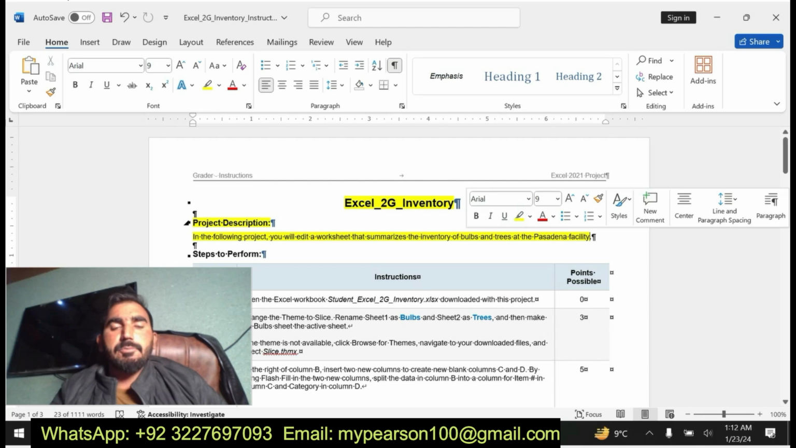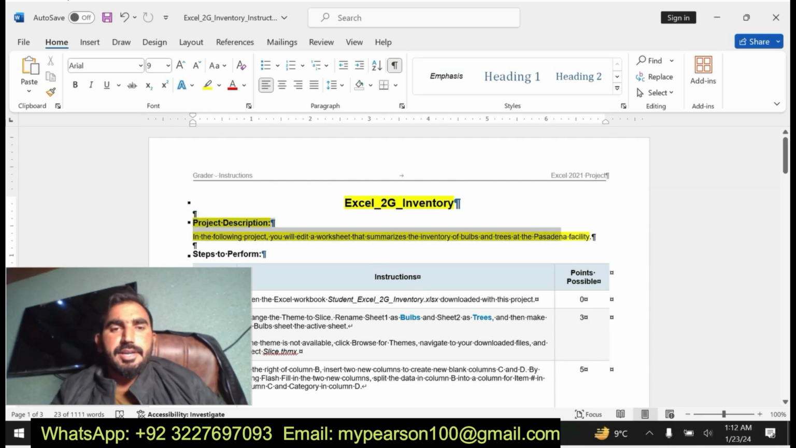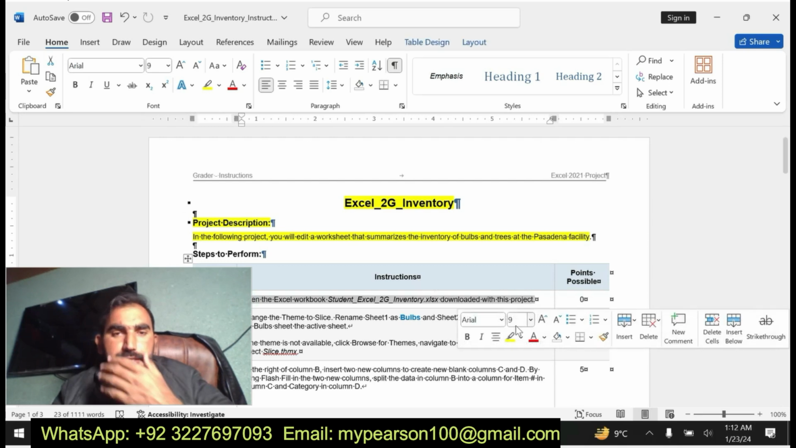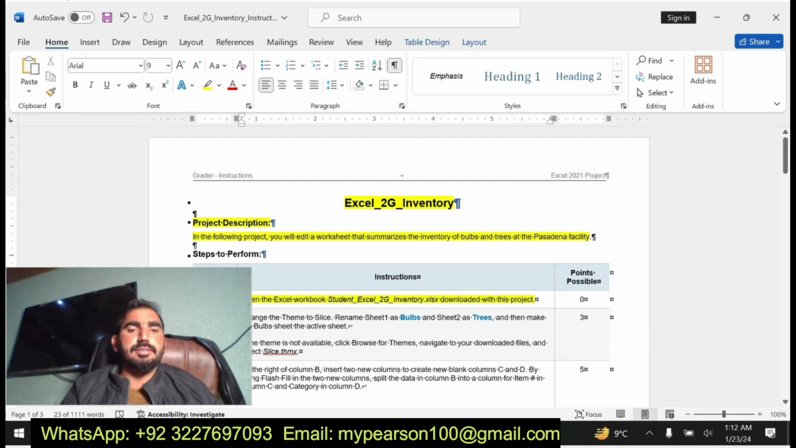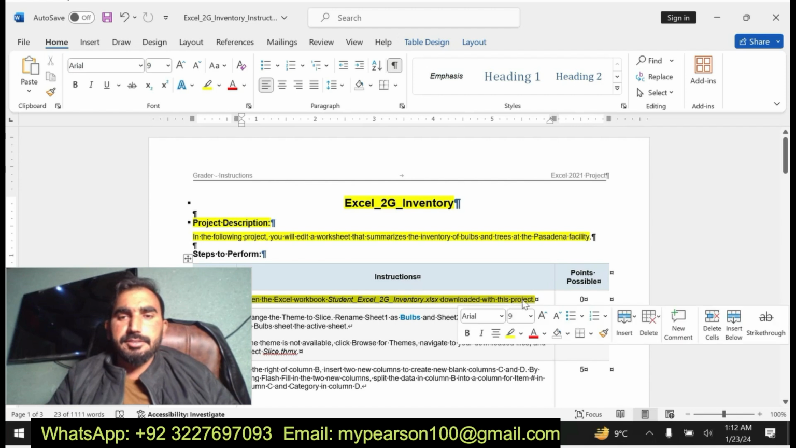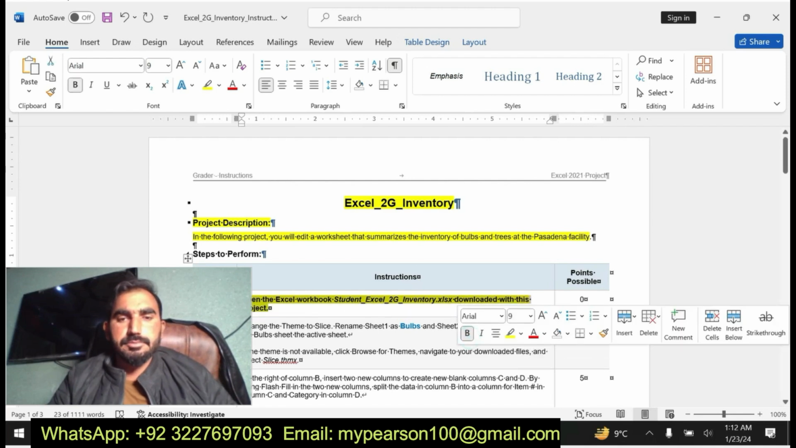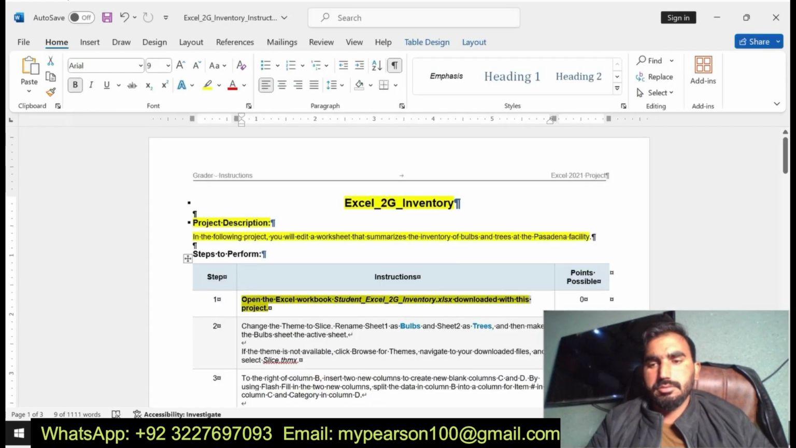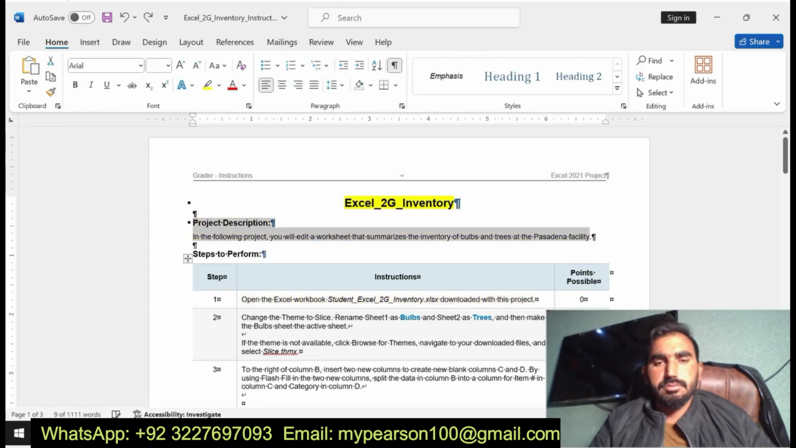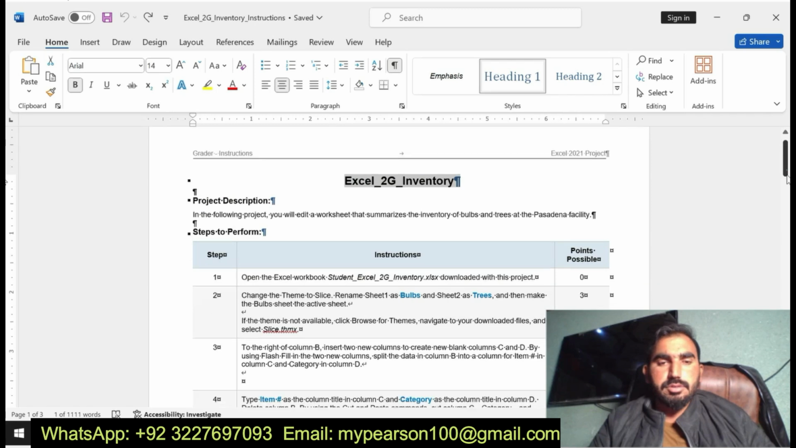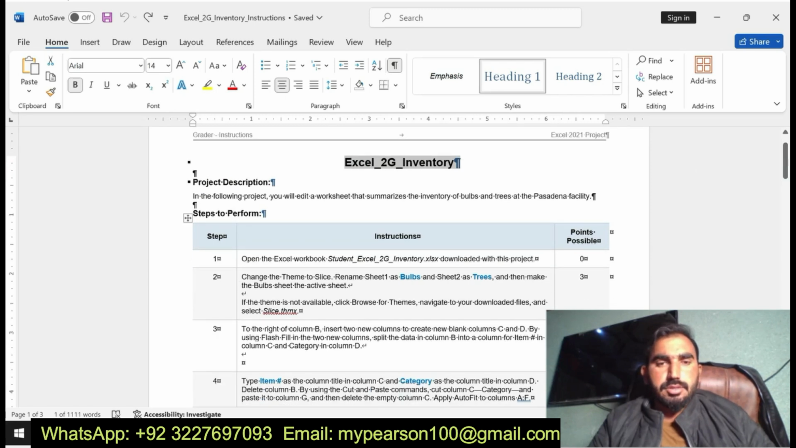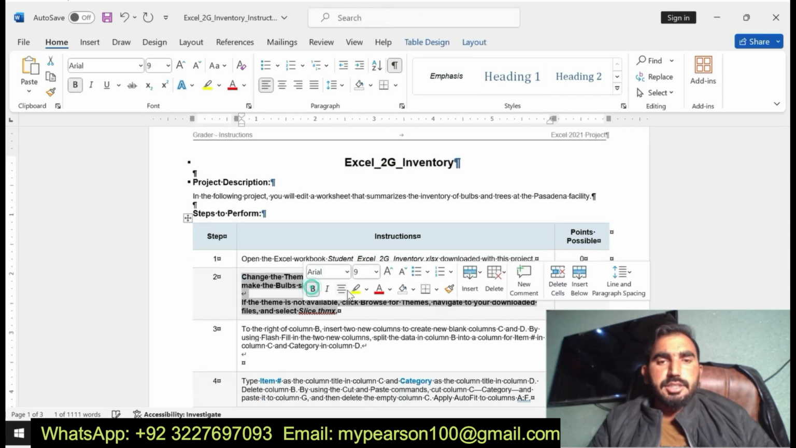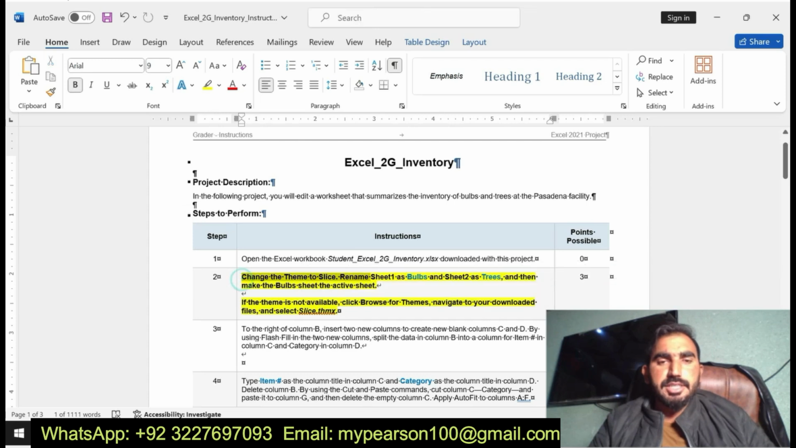Our today assignment of My IT Lab class is Excel 2G inventory. First of all, project description. In the following project, you will edit a worksheet to summarize inventory. Our first step is change the theme of the slides, rename sheet bulb and sheet 2 to